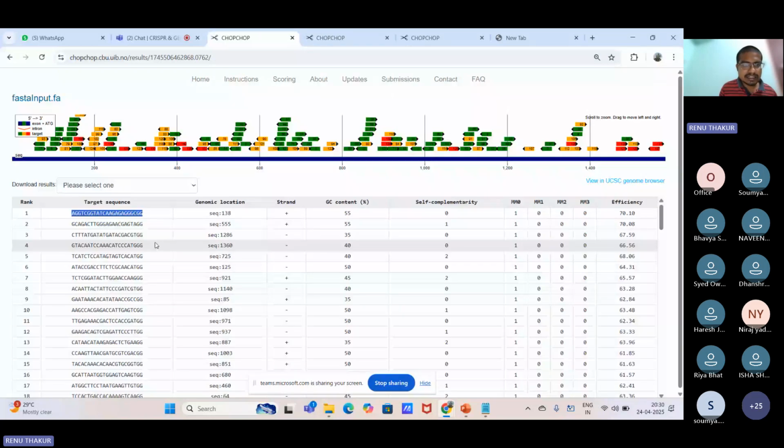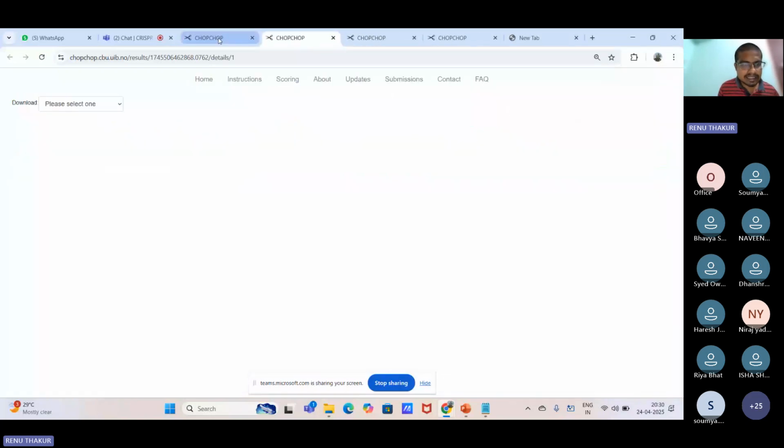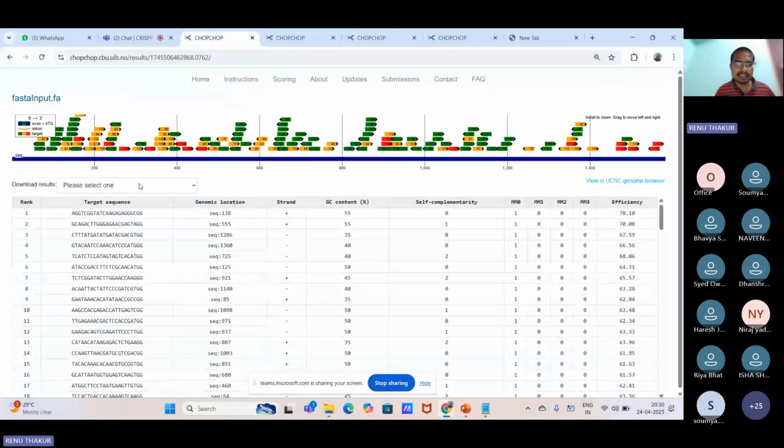That is NGG, the final sequence that is called an NGG. We can check with the NGG the right-hand side and the left-hand side. Left-hand means 5 prime. The right-hand side is 3 prime. The 3 prime end with the NGG, CGG. This is called a PAM site, and then the complete genomic location, the sequencing location, and then strand, which is